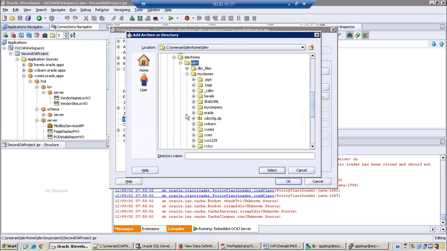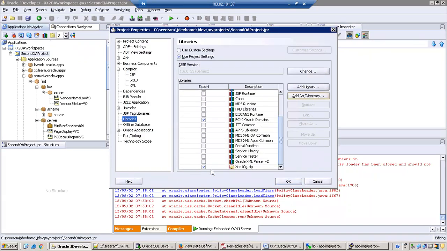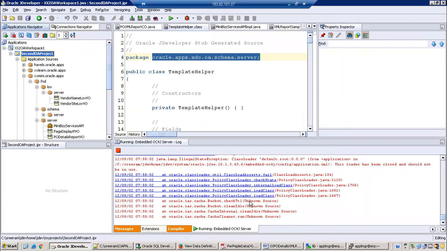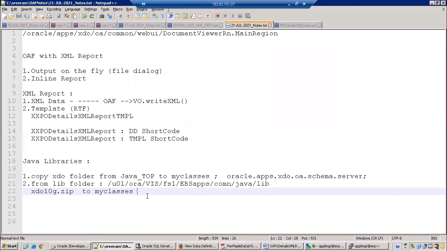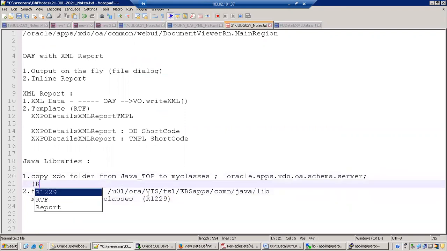In our case, in myclasses, I have the zip file. Let's select this one. Once that is selected, it will be available here. The only extra thing is that this zip file is required only for 12.2.9, but the above step is for R12.2.3 as well as R12.1.3 and 12.2.